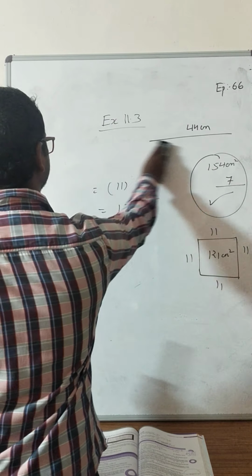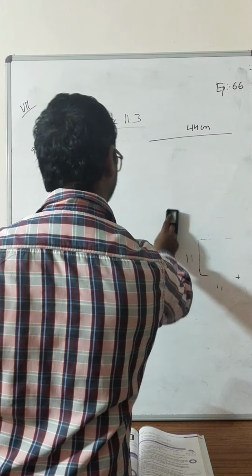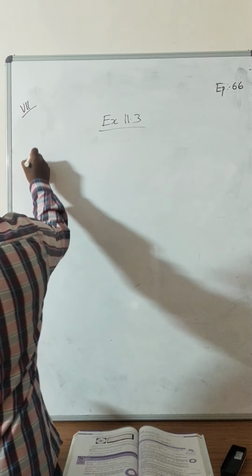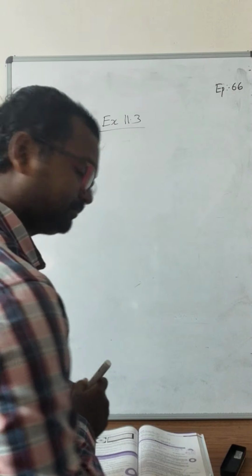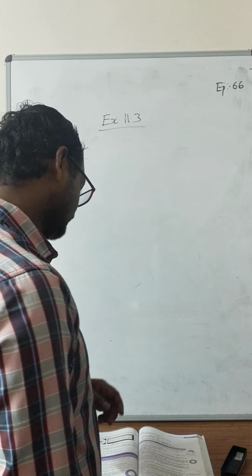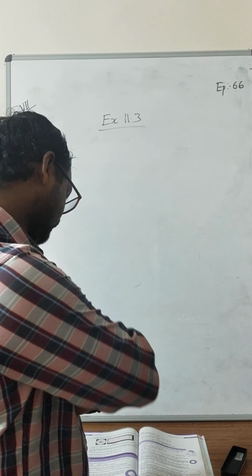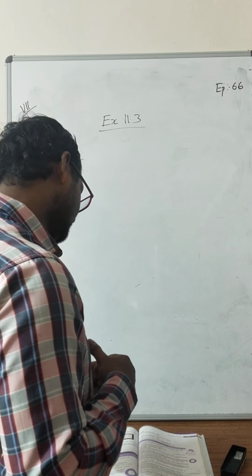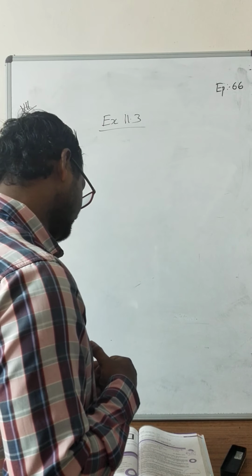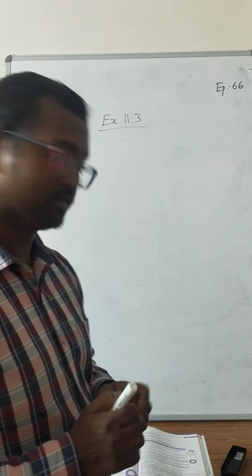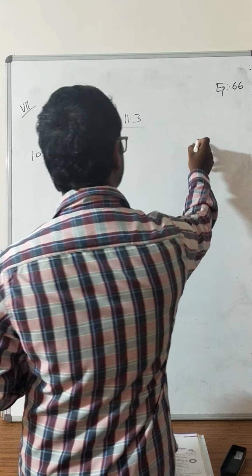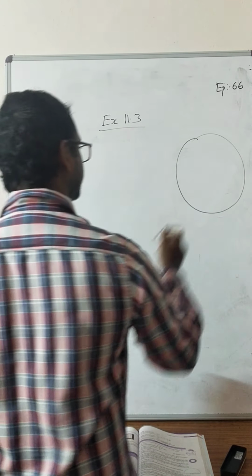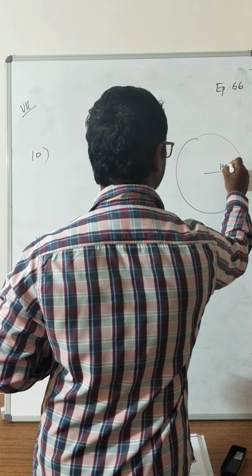Now look at the question number 10, students. Let me read out the question. From a circular card sheet of radius 14 centimeter, two circles of radius 3.5 and a rectangle of length 3 centimeter and a breadth 1 centimeter are removed. Find the area of the remaining sheet. So we are talking about a circular sheet like this of radius 14 centimeter. This entire radius is 14 centimeter.